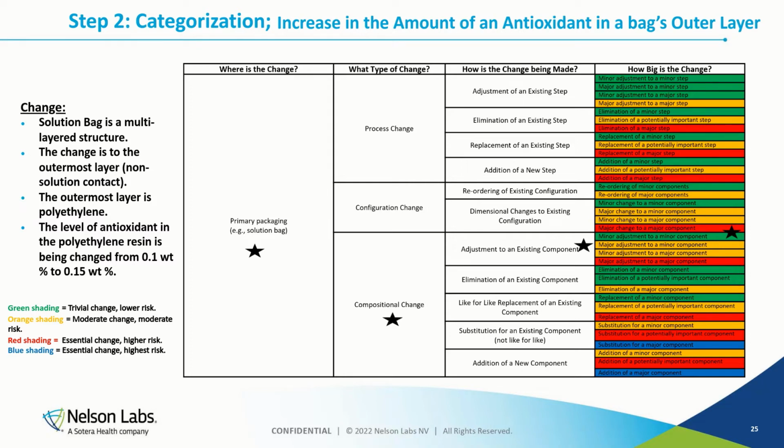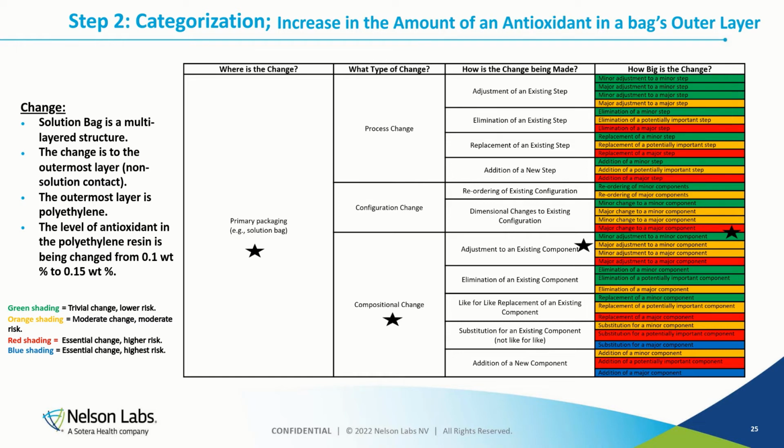Okay, now we're going to deal with a second change. We're going to increase the amount of an antioxidant in the bag's outer layer. Okay, so the bag's outer layer is polypropylene, and this polypropylene contains an antioxidant in it. And the vendor of that polypropylene says, you know what, I sell to a number of different industries, not only in the pharmaceutical industry, and the customer that buys a vast majority of my resin has been complaining that the material is not stable for long enough. They need a longer shelf life. So I need to add more antioxidant